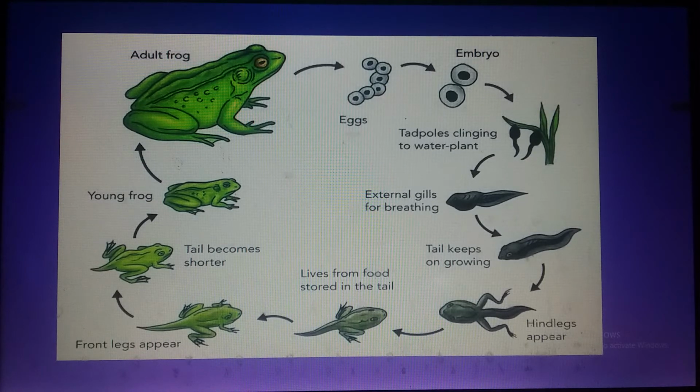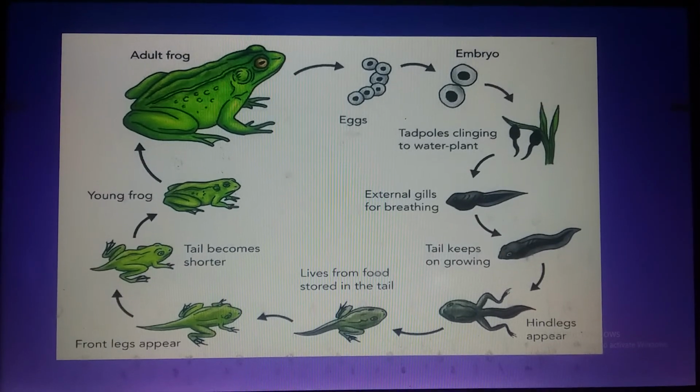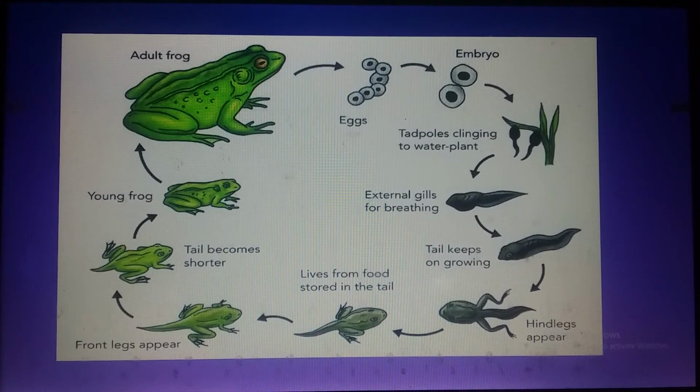You can see that at each and every step, this is the frog, and this is the case in all amphibians. First the tadpole, then the tadpole grows and becomes the adult, and all the features which are present in the larval stage disappear at the adult stage. So this is what metamorphosis is.